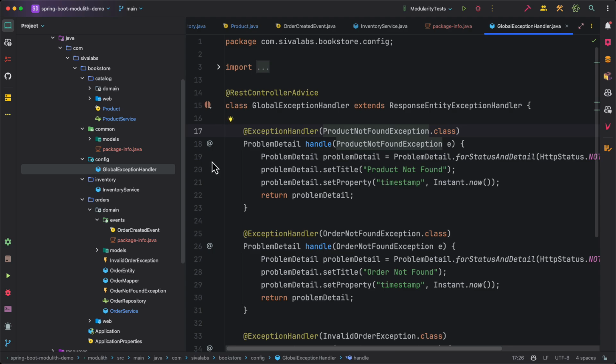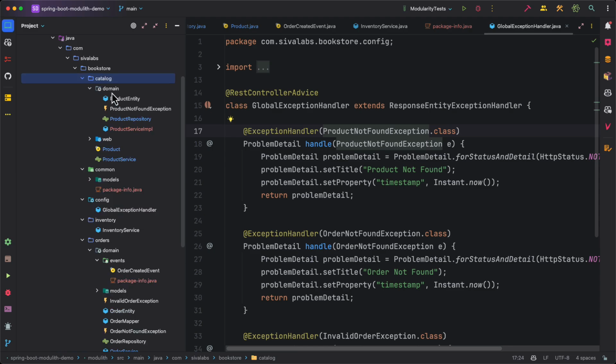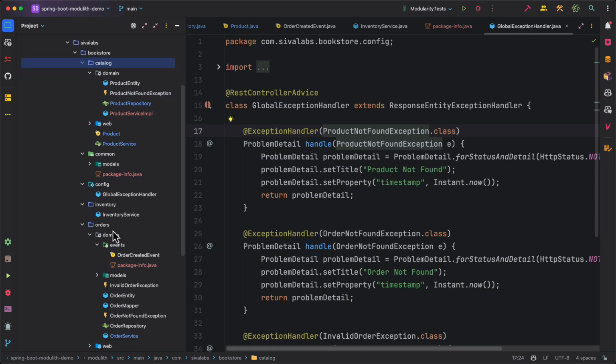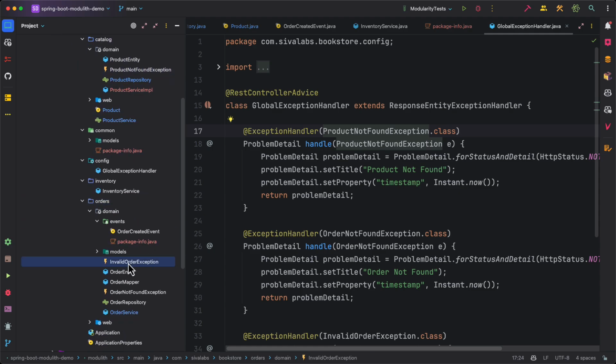So these are residing in other modules, like product not found is there inside this catalog domain package. As I already mentioned, it is considered internal to this catalog service, catalog module. So how can we resolve this? Obviously one approach is we can move this into the root package, or similarly we can move this invalid order exception, order not found exception into the root package of orders, because we are accessing them from our config